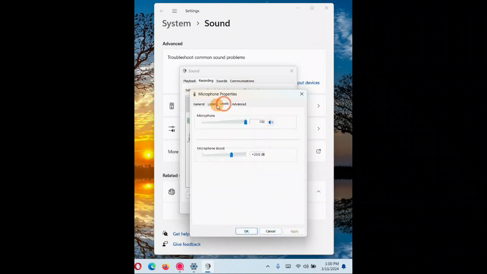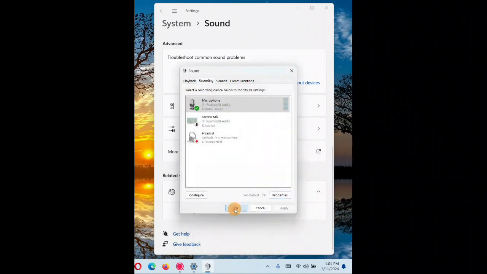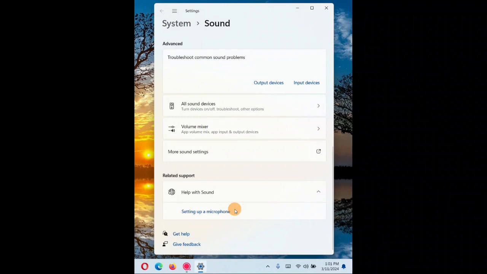So now you'll come back to the Levels and Microphone level. You can take it to 100% and even boost. You can boost it to the highest. And you click on Apply and OK. And click on OK. So this should be working, and if you still have the problem,